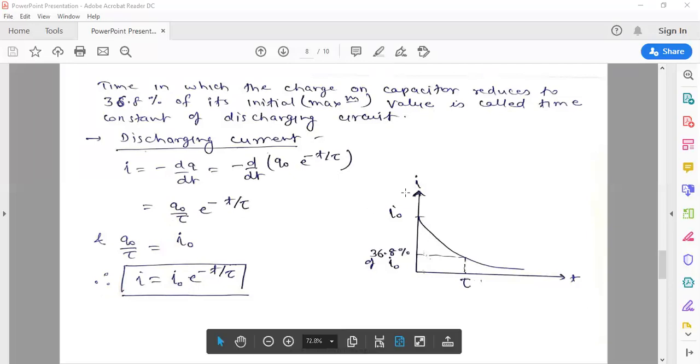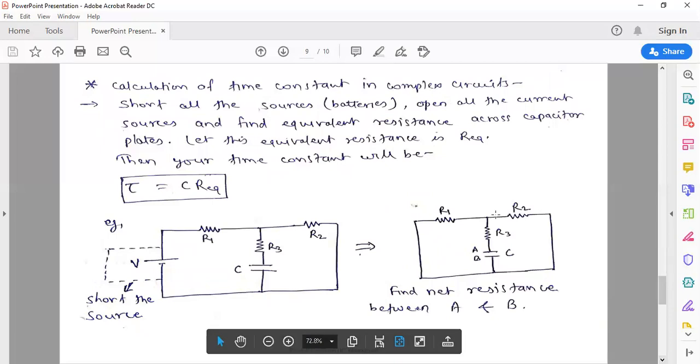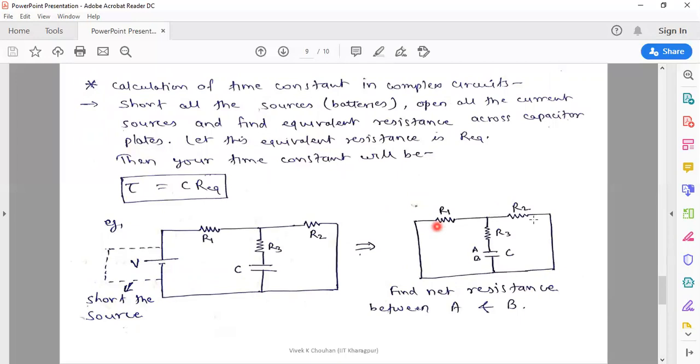But when you get questions, it will not be so easy. You may find a circuit like this in which you have more than one resistance. When we were studying the theory, we saw only one resistance and one capacitor. We may find this kind of circuit where we have more than one resistance. Then how do we find the time constant, because we were writing tau is equal to R into C? Now what value of R will we have to put, R1, R2 or R3? The answer is you will have to do some calculations.